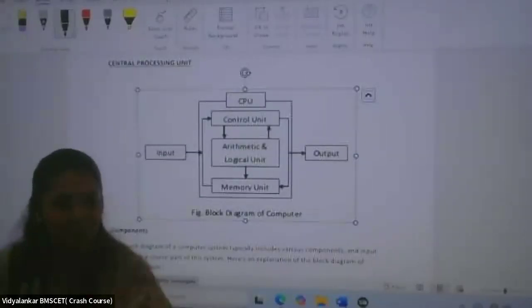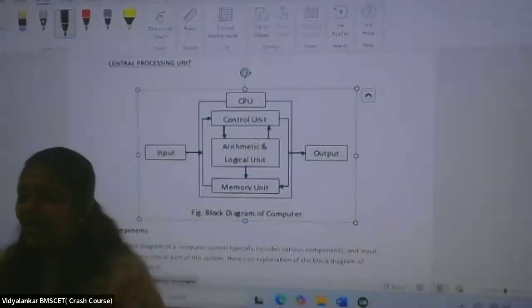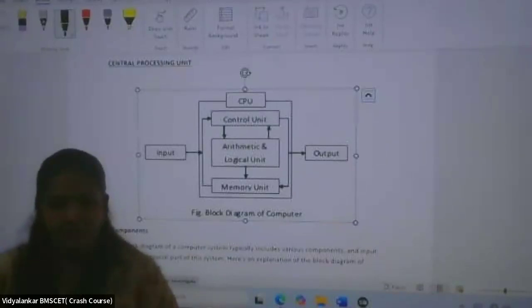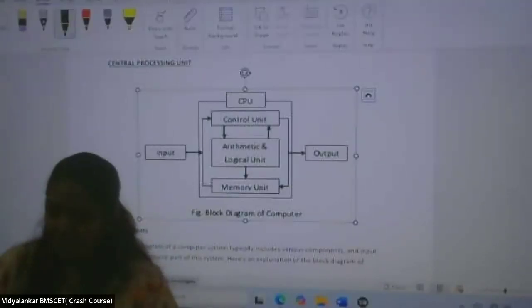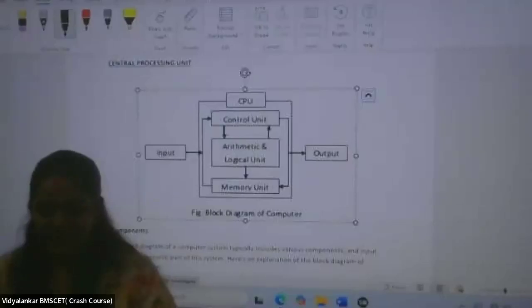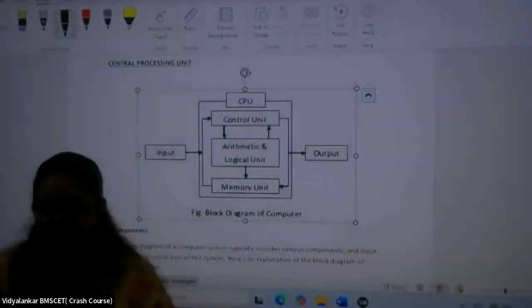You can happily interact. I'm not going to shout at you. I know it's your first day, so you'll take some time, but it's fine. These are at least 4 basic things you'll require when you purchase a computer. Now if I tell you that I bought the monitor, the screen, a keyboard and a mouse, just these 3 things from the market, is it sufficient to turn on the computer system?